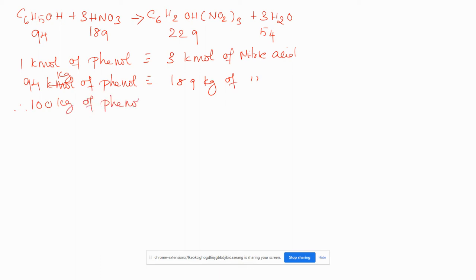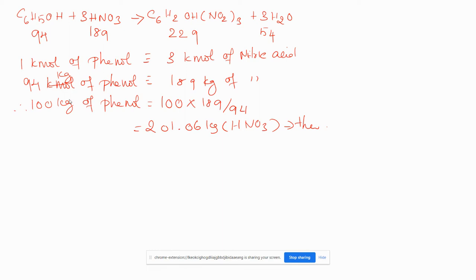So for 100 kgs of phenol, you will be getting 100 into 189 divided by 94. So you will be having 201.06 kg. This is what? Theoretical requirement of HNO3, right? Theoretical requirement of HNO3. So, as per the problem, it is given that 250 kgs of nitric acid is being